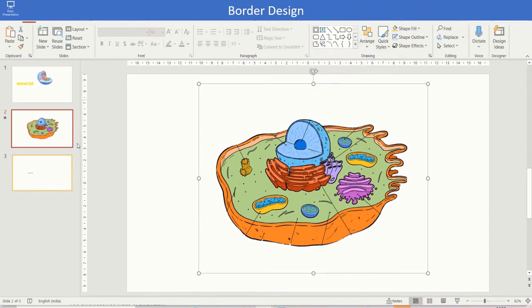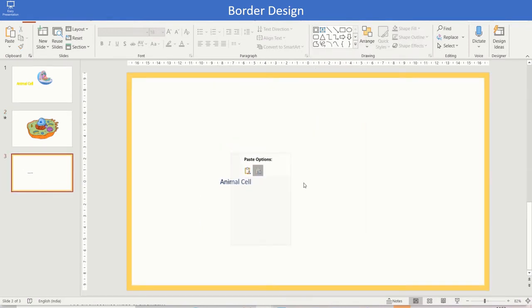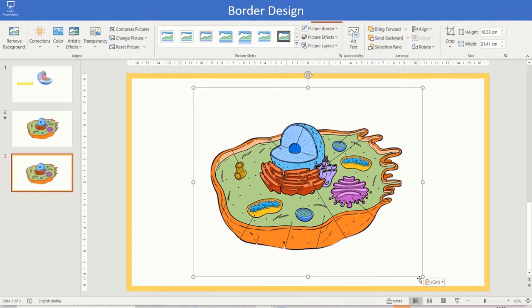Copy the cell image and then paste it on the slide.